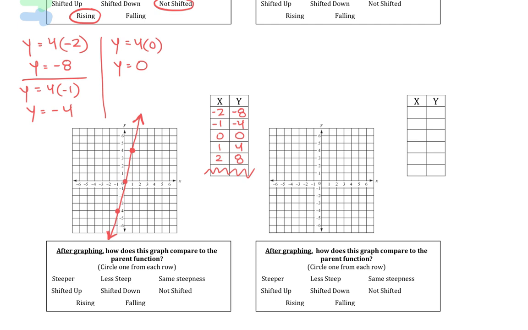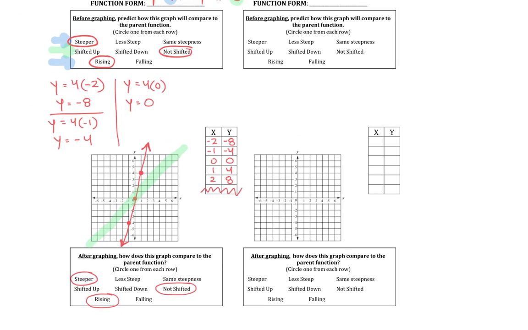So as I look at this line, if it helps you, you are welcome to draw the parent function into your graph to have that to help compare it to. This line I see is definitely steeper. It is not shifted because it goes through 0, 0 or the origin. And it is rising because as I follow the line from left to right, it points up. And so I can look back and see how I did in my predictions, and I actually did a great job. If they match, awesome, good job, you made some really good